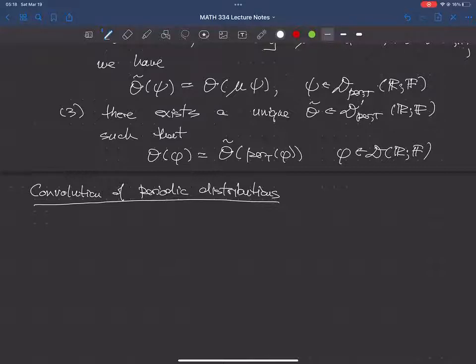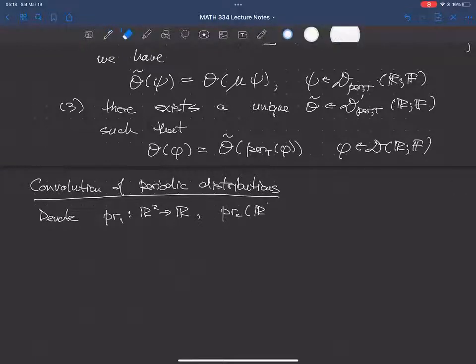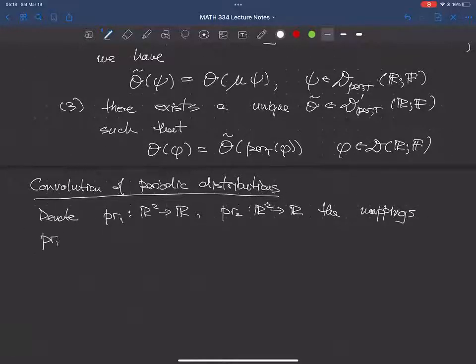All right. So I have, first of all, let's denote by these two mappings, all right, and they're the obvious projections onto the components of R2. Okay. And for F,